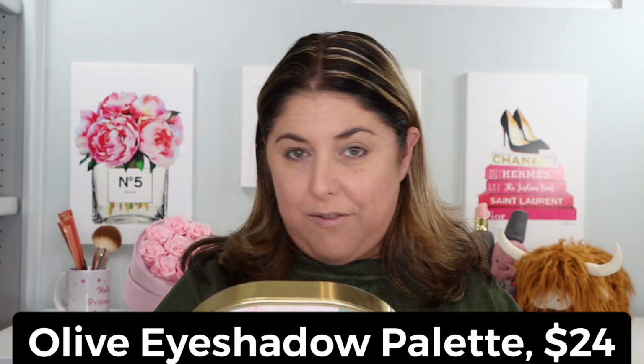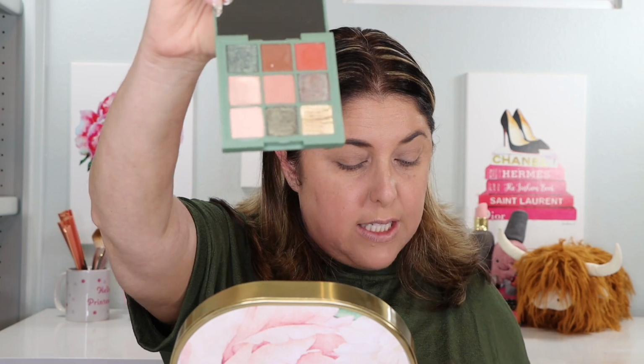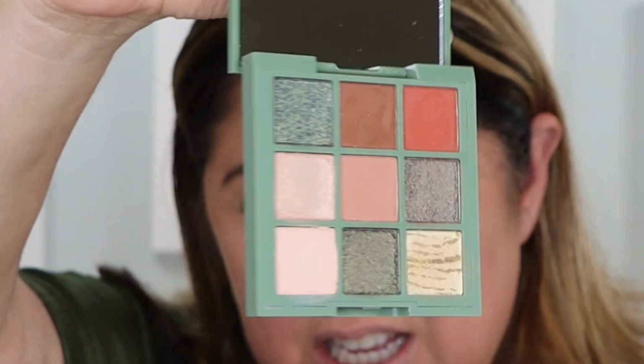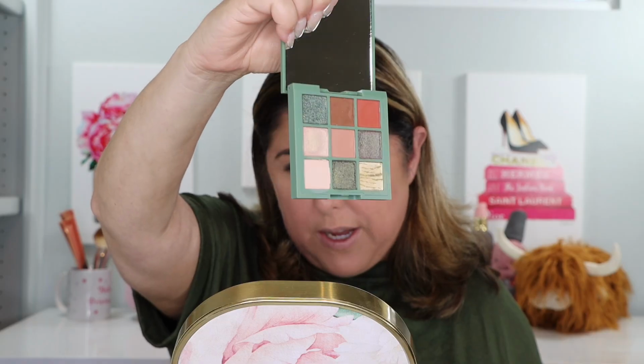Okay, let's go on to the eyes now. We have the 9-piece eyeshadow palette in olive. Let me show you it first in the pan. Really pretty shades. This is only $24, which is pretty amazing. They really have this kind of midpoint, high-end feeling with a little bit less than high-end pricing, and I really appreciate that. Let me show you these shades in two different lights because it really does benefit from looking closely